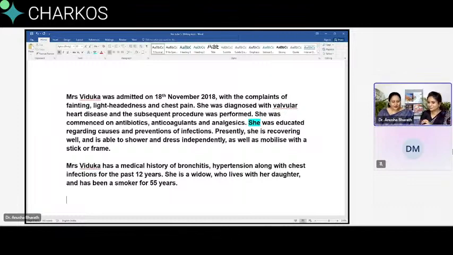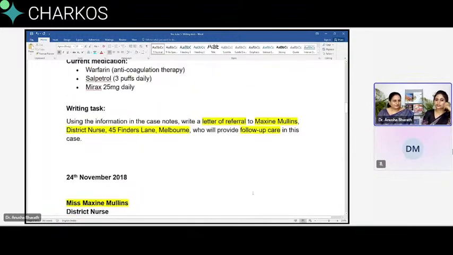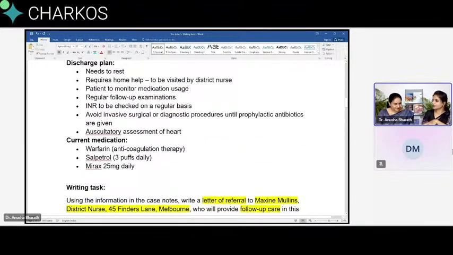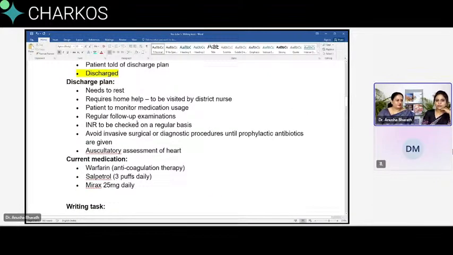Yes, discharge plan. Yes, exactly. Good. So let us look at the discharge plan first. These are the points that we are going to add in the letter that we are writing. Here it says needs to rest, requires home help to be visited by district nurse, patient to monitor medication usage, regular follow-up examinations, INR to be checked on a regular basis, avoid invasive surgical diagnostic procedures until prophylactic antibiotics are